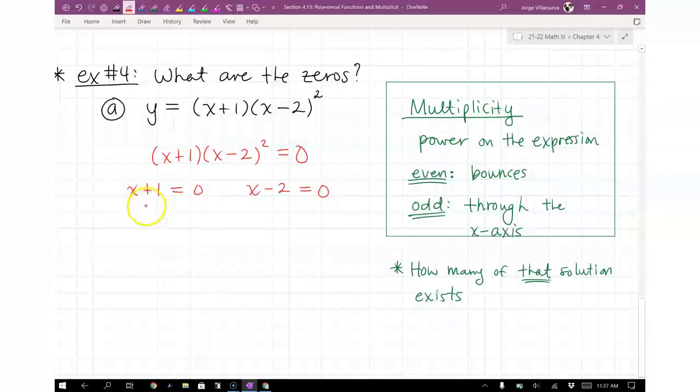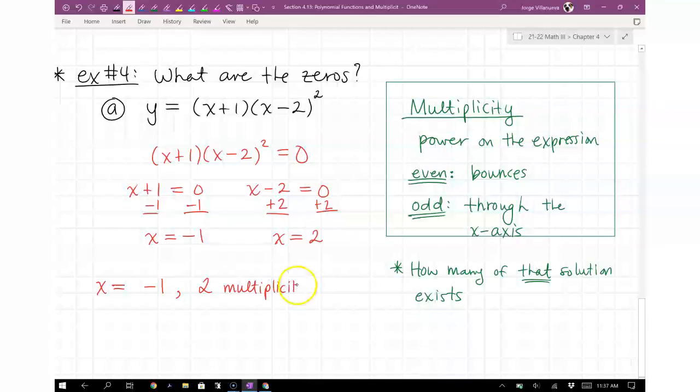When I solve for the first one, I'm going to subtract 1. So x equals negative 1. If I solve for the x minus 2 one, I'm going to add 2 on both sides, so I get x equal to 2. Now, here's where that power comes into play. Here are my answers. Negative 1 and 2